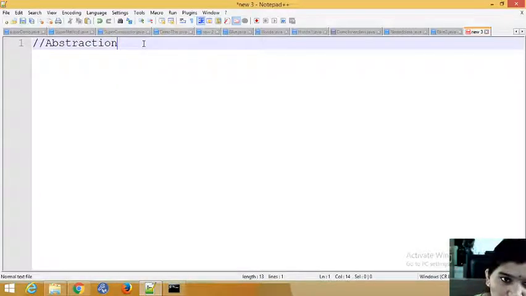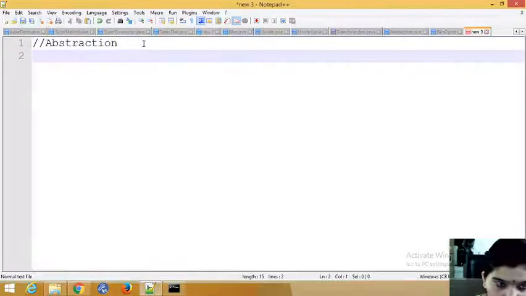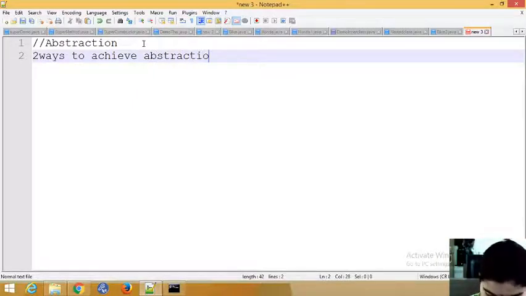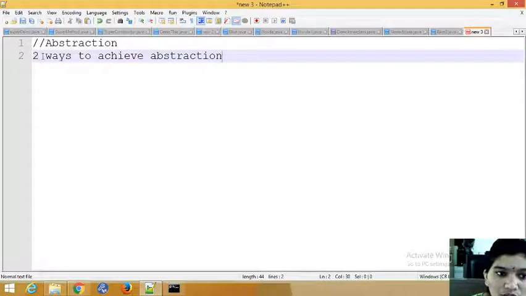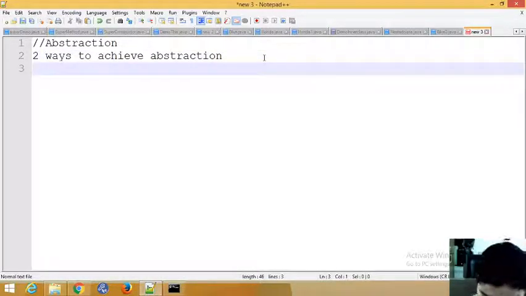Now, to achieve abstraction, there are two ways. One, we can use abstract classes. Another way is using the interface.